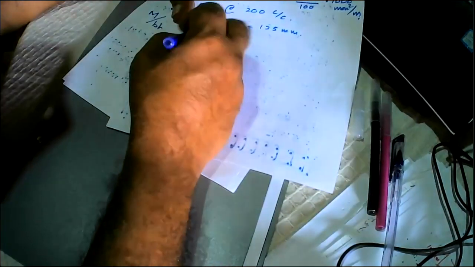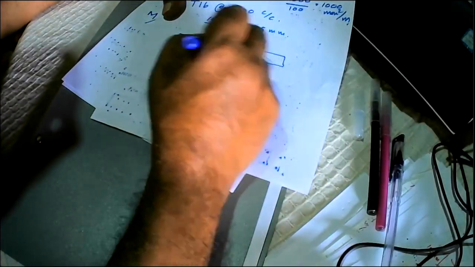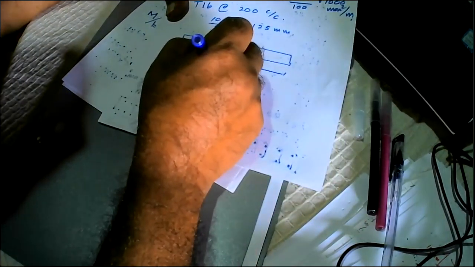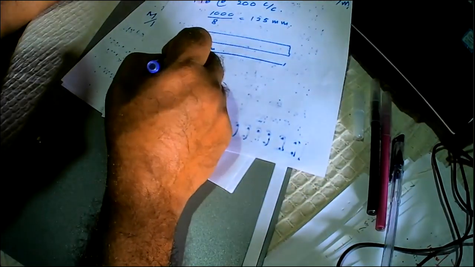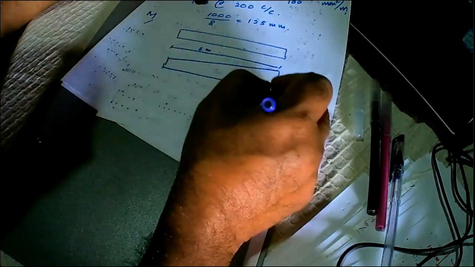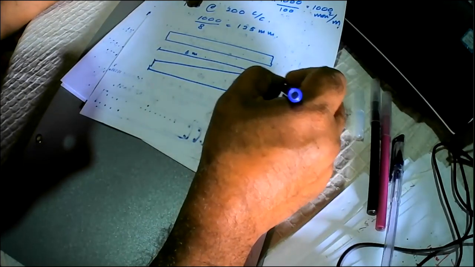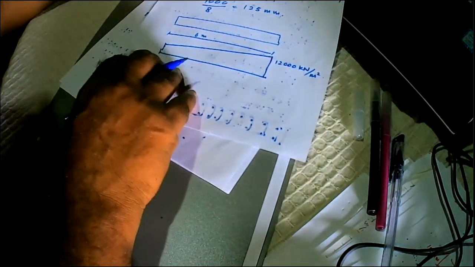Is that right? So let's say we have a wall, again 6 meters of length, and let's say the stress distribution that we finally get would be like this, and we get a maximum stress of about say 12,000 kilonewtons per meter squared, and you can see it's a reasonable value,